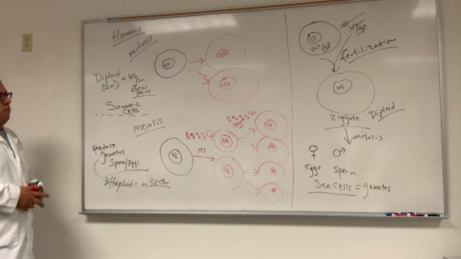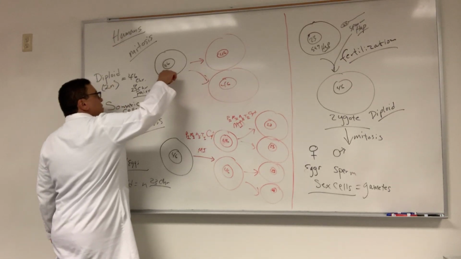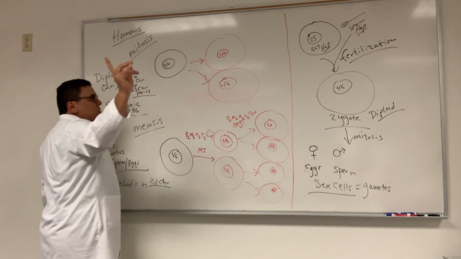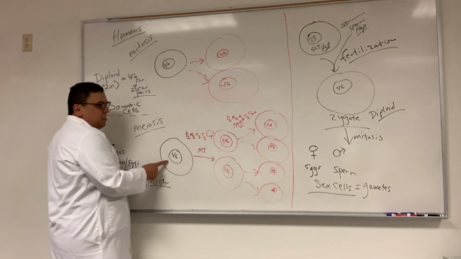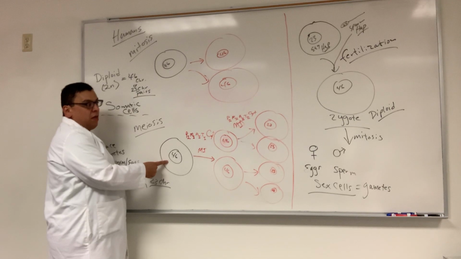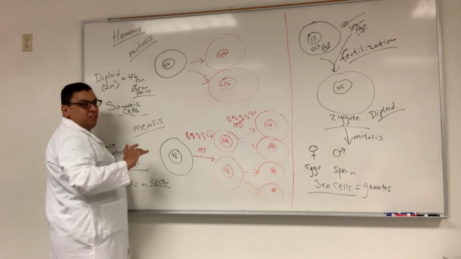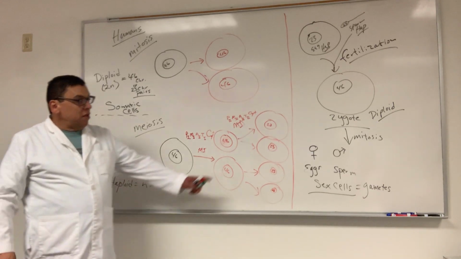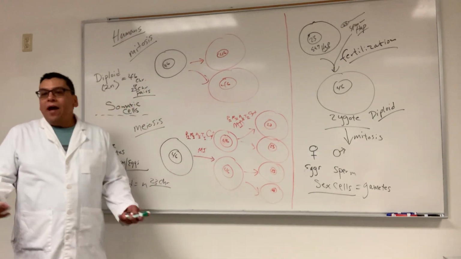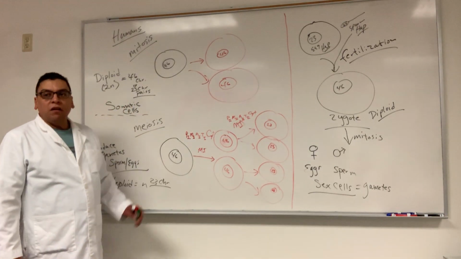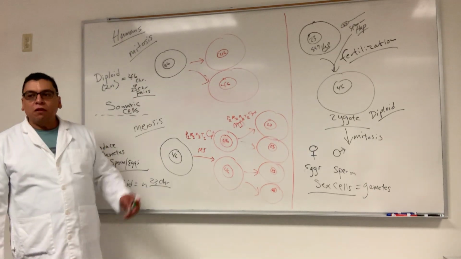Okay, so we talked about these 2 daughter cells being the same as this one and the same as each other. Can you tell me something? Are these 4 haploid cells the same as this one? No. How do you know that? They have fewer chromosomes. There you go. It is so obvious that they're not the same. No way that these 4 haploid cells are the same as this one. All you have to do is look at 46 versus 23.